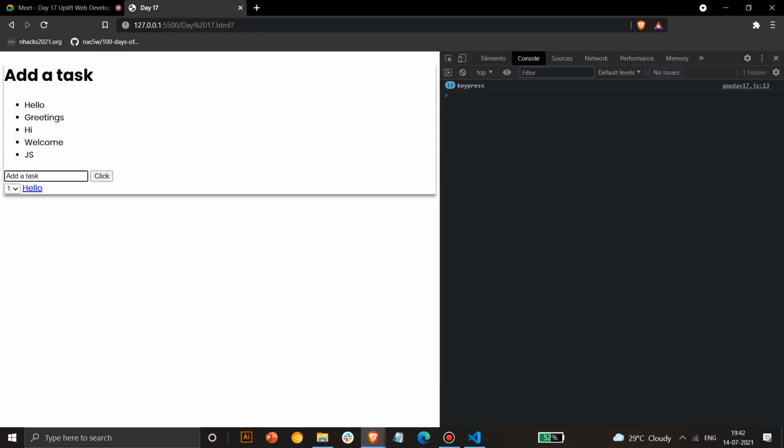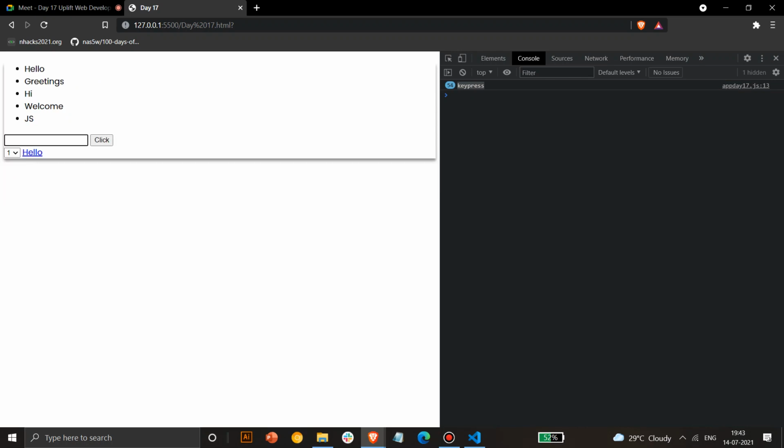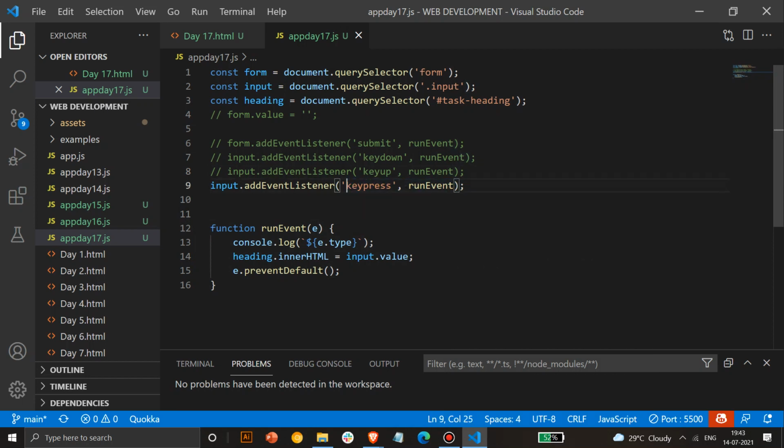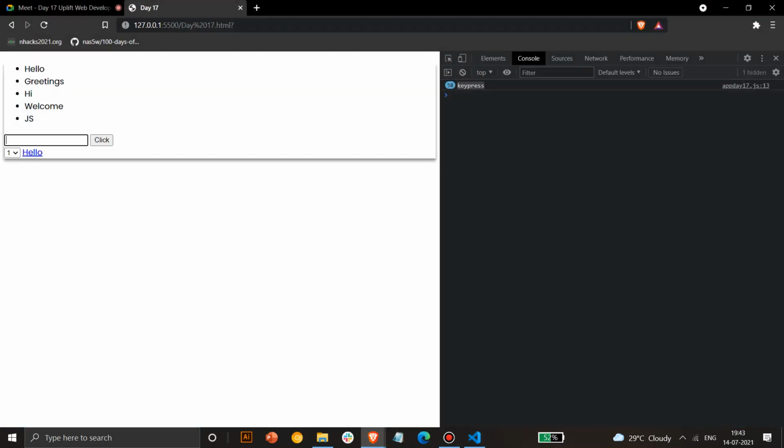Key press works if you only type a key, and it will work normally if you press any key. So it won't give an output here because it's specifically timed for key pressing. This is specifically used when you don't have to write anything. If I delete, it will work with delete also, but if you press any key like A, B, C, D, E, F, G, it won't let you write in the field. So the difference between key up and key press is that key press won't let you write input anywhere. It will work when you have to click any key. In case you press enter, it moves to another line or another text field. In those cases, key press is used.